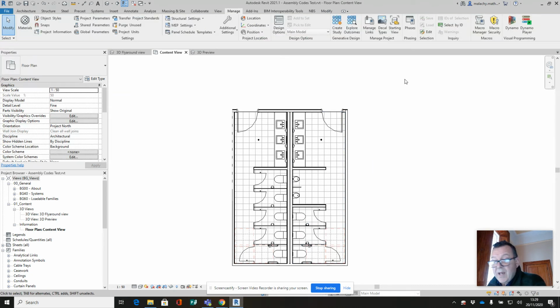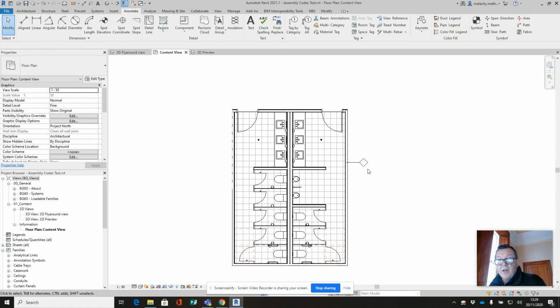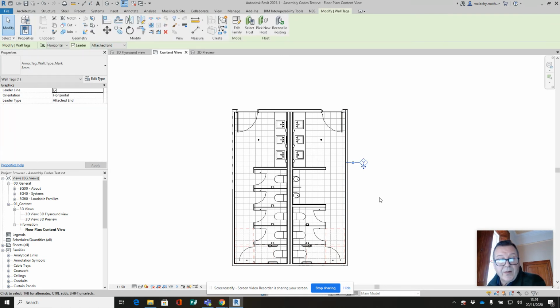And what happens now is that I need to go in and tag it. So I'm going into Annotate, and I'm going into Tag by Category. And there is the tag. Now, you can see that that is the bog standard wall tag. Okay, it's the anno tag wall type mark,